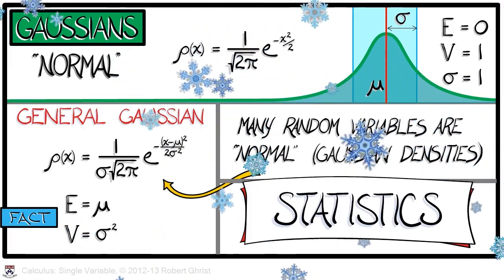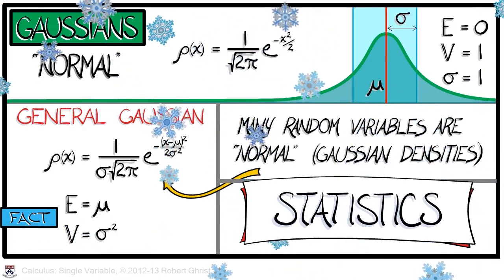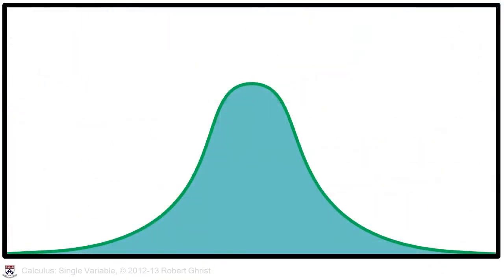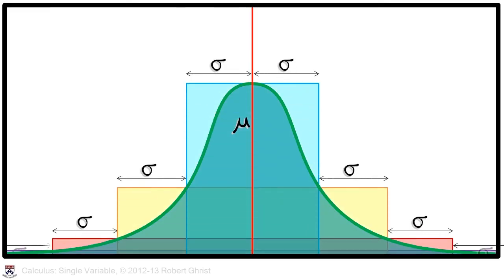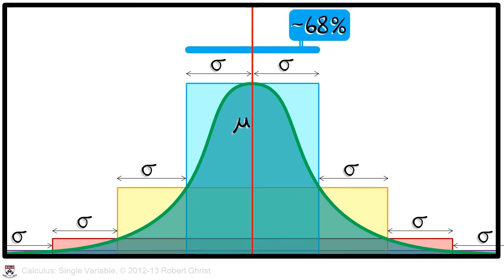This is often used in statistics. Now, Gaussians can be hard to work with, given their form, but one can keep in mind a few properties. If you have a Gaussian with expectation mu and standard deviation sigma, then you're likely to be within 1 standard deviation